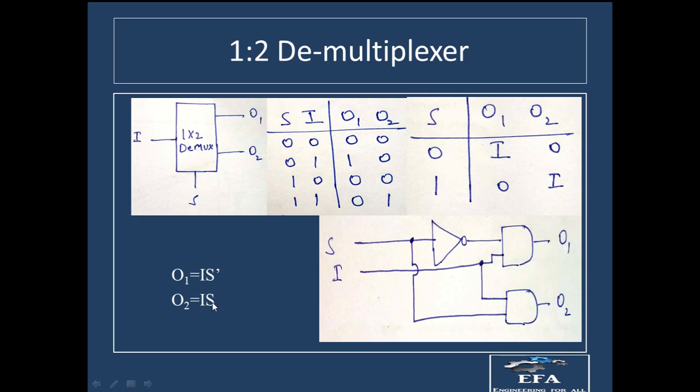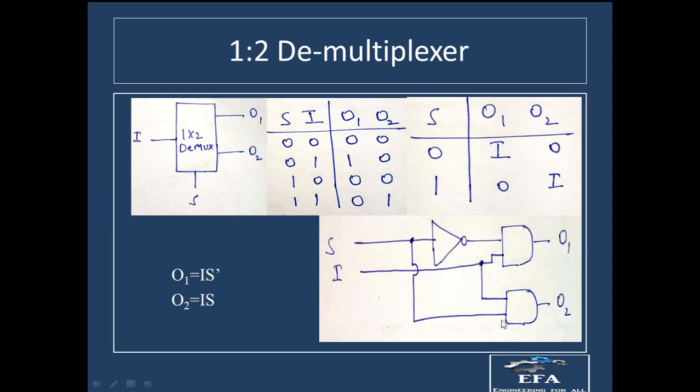So if we have to draw the circuit diagram, how can we make it? You can see that we need two outputs, that is O1 and O2. We have I as the input, and this I goes inside the AND gate. Secondly, we need an s complement. So s is the select line, and first of all we take the NOT gate, through which we get s complement, and that s complement goes into the AND gate. So ultimately we have s complement into I at the AND gate, and O1 will be received.